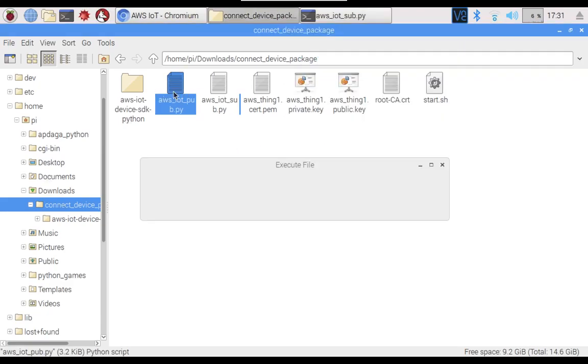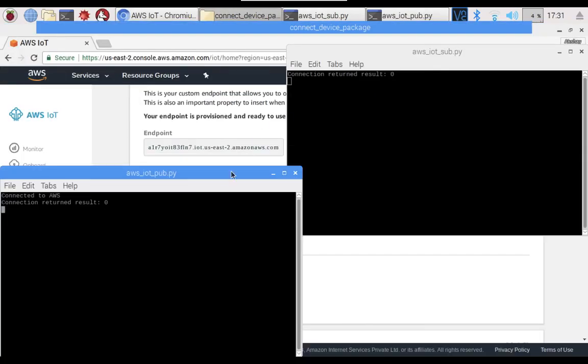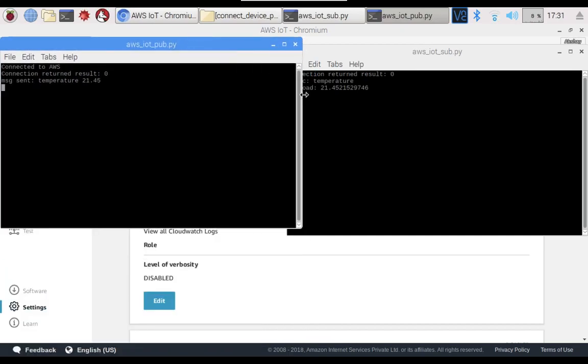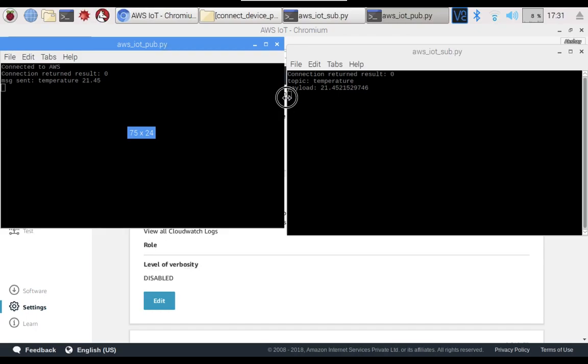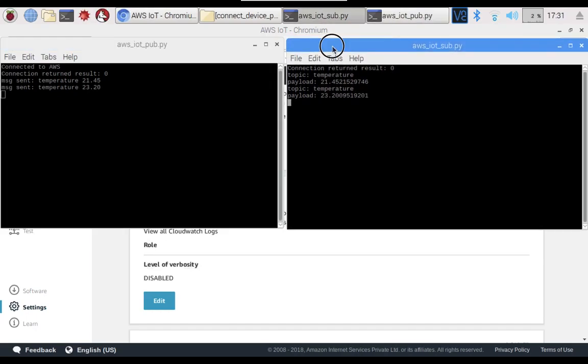This is my publisher. Execute in terminal. So what our publisher Python script is doing is generating a random number, that is temperature, between 21 to 25 degrees Celsius, and sending it to the AWS cloud, that is the broker, and that broker is sending that value to all the subscribers.